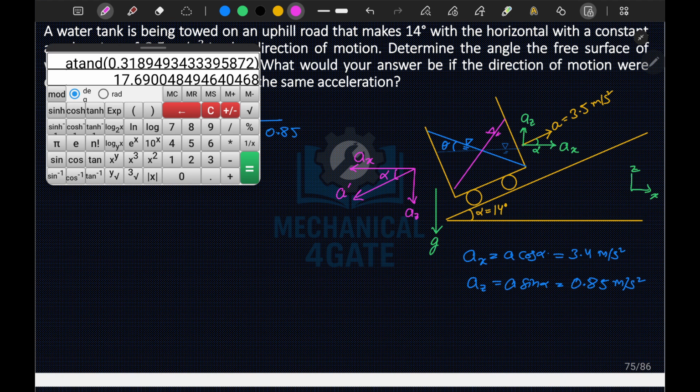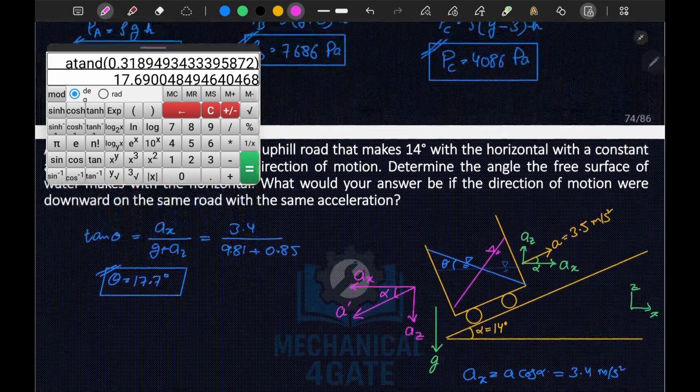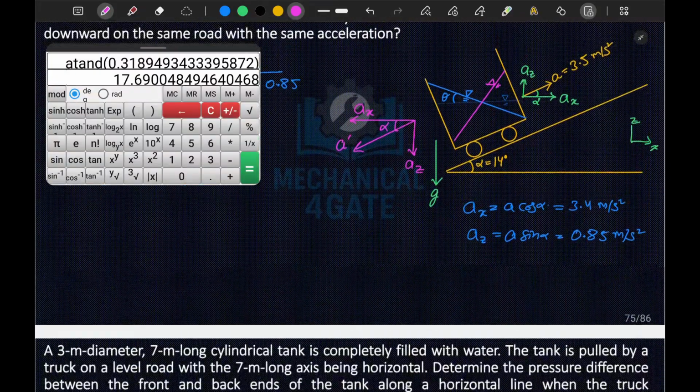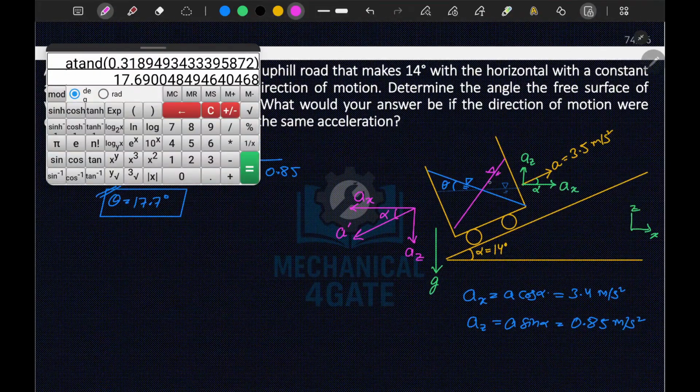Okay, the free surface will become something like this, and from here we can write ax is equal to a cos alpha. The values will be the same. But in the calculation, if it is asked for the direction of the motion to be downward, and I want to evaluate theta, let's say this is our theta dash. Then tan theta dash will be equal to ax, where ax is again the same value, 3.4, upon